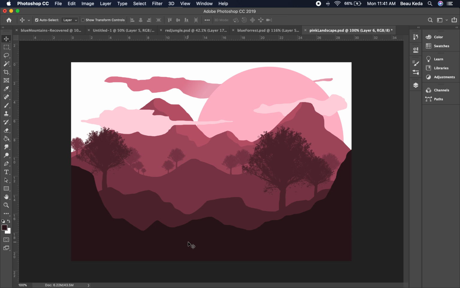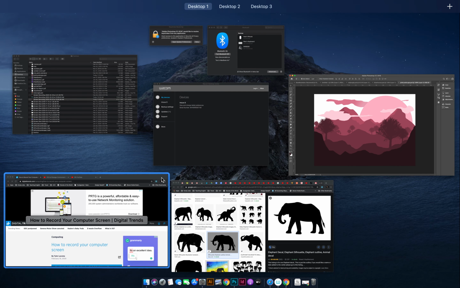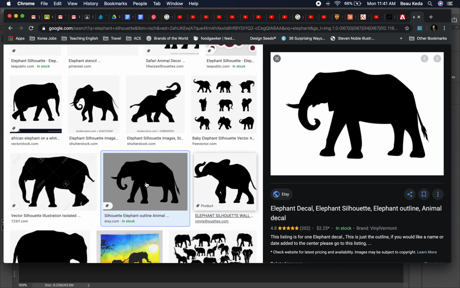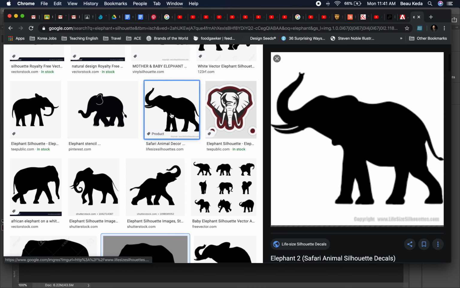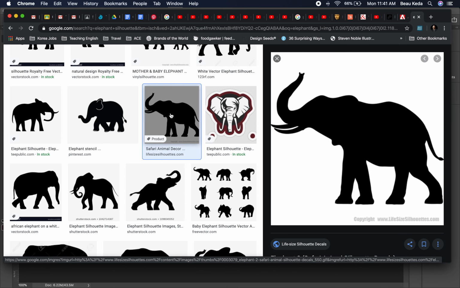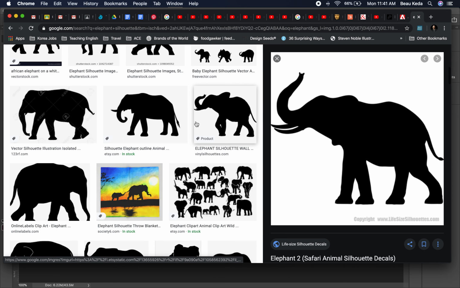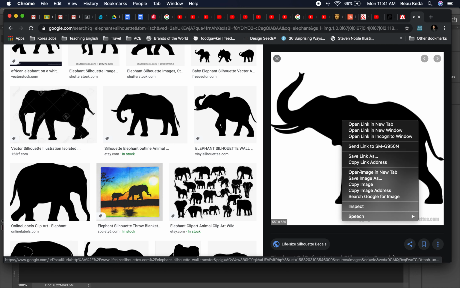Create it as a brush, so it has really sharp edges, and there's no weird fuzziness around it. The first thing I'm going to do is go to Google, and I've already done this. I was like, oh, an elephant. I'm actually going to pick this one, I think. Well, why not? So I'm going to copy this image,